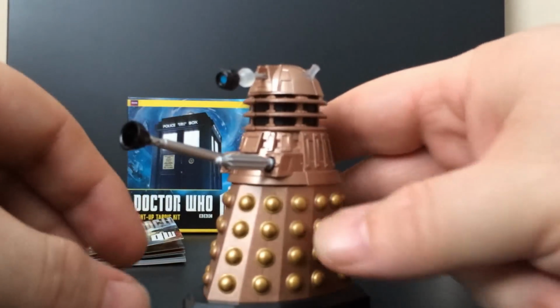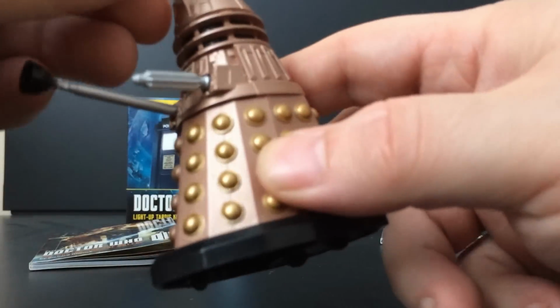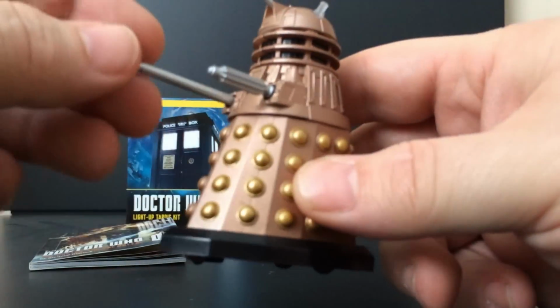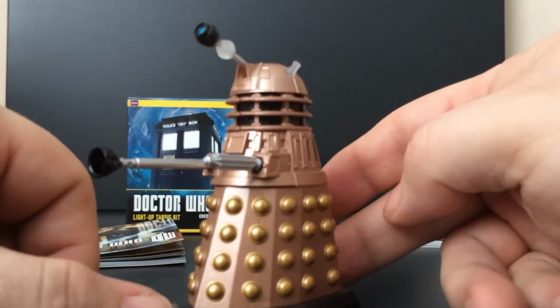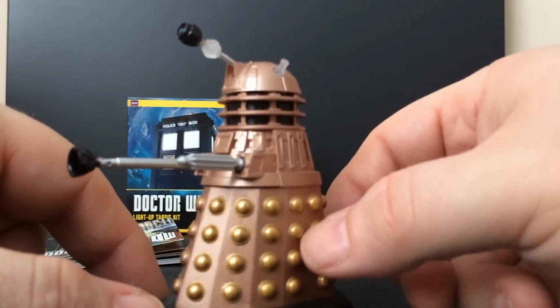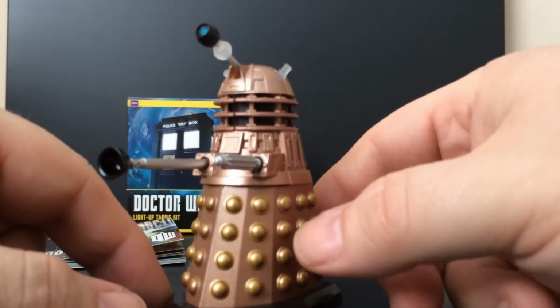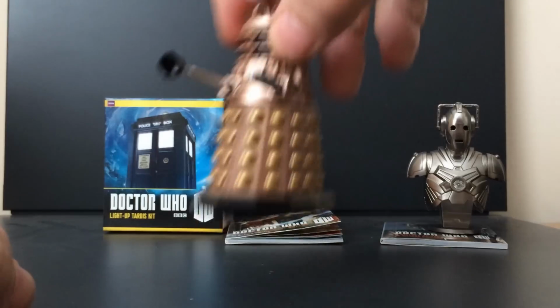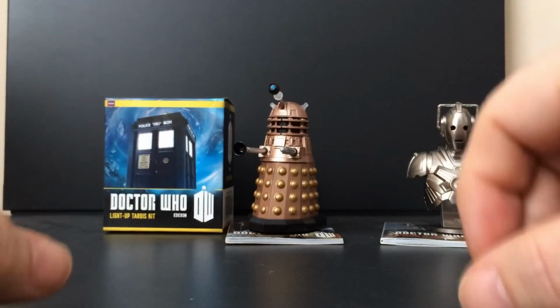But it's a cute little Dalek. I'm not really disappointed that this one doesn't light up, because it's a Dalek. You can set them up to basically invade, and this one actually could be used as an army builder, because there were a lot of these particular models done in the new series. So I kind of do like that particular Dalek, and I'll set him back here, and we'll move to my